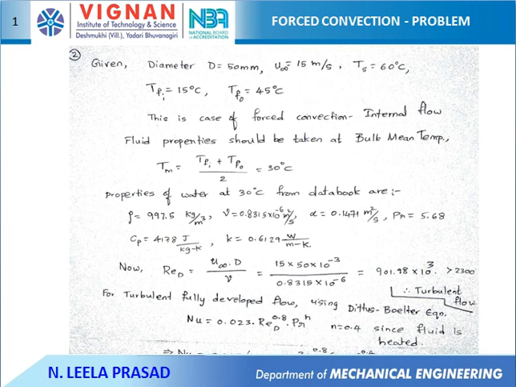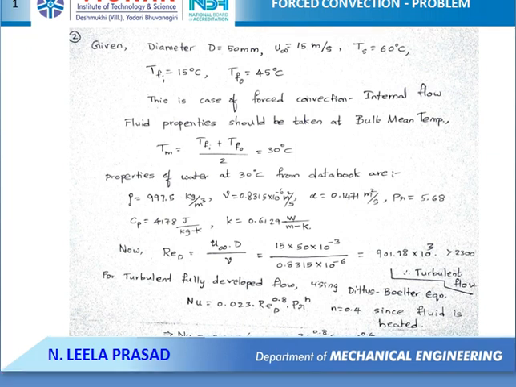Then calculate Reynolds number, and here the Reynolds number is greater than 2300. The flow is turbulent flow, as it is given that the flow is fully developed, and from the value of Reynolds number we came to an understanding that the flow is turbulent flow. So the suitable formulae,